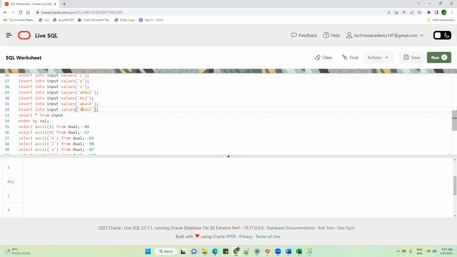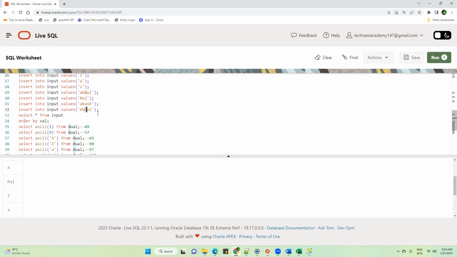Here, first of all, it will take the first character. It will check the first character first, then it will go to the next character, and then the next. You mean like this? Let's say we are comparing Raj and Abdul. Raj is in proper case and Abdul is in camel case. If we get the result at the very first letter, R and A, it will stop comparison. It will not go to the next character. It will stop then and there and take a decision about which one comes first.